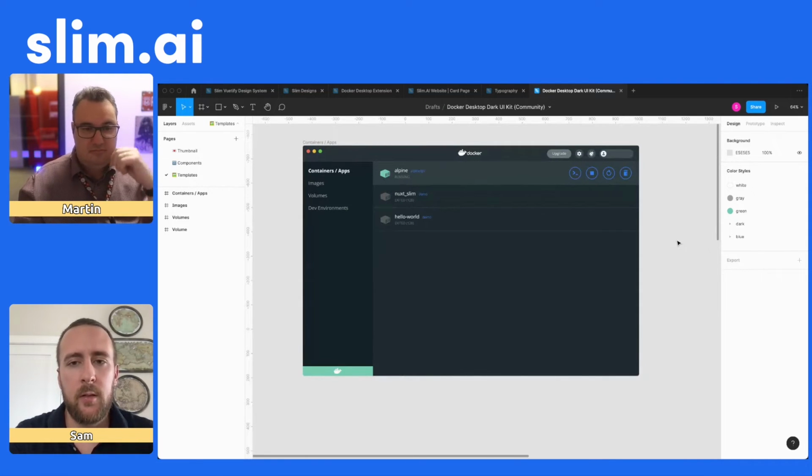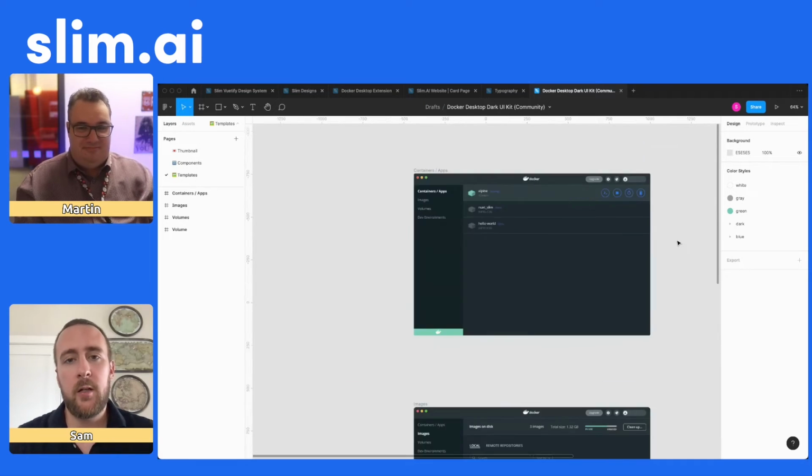So this really falls in with the open source dogma that we have at Slim.AI. We aren't just a company, we are an open source platform, like with Docker Slim. And so this is sort of an open source design strategy, I guess, that I'm trying to push into the design community. But I will say, you don't have to be a designer to use the Docker Desktop UI kit